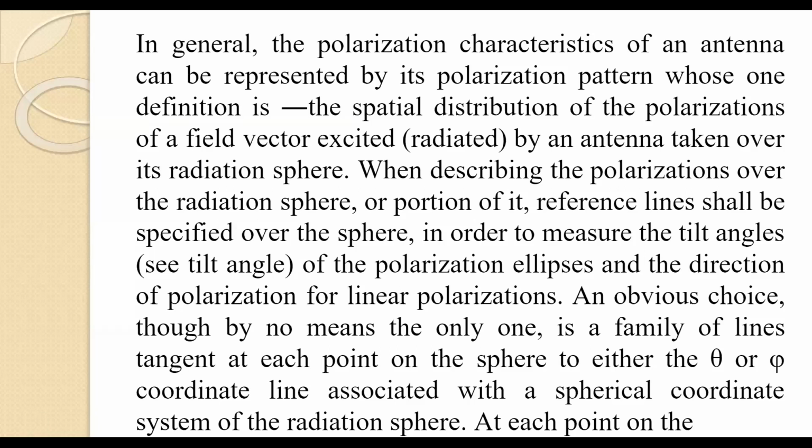So further, the undesired radiation from the antenna is called cross polarization. Cross polarization for linear polarized antennas is perpendicular to the intended radiation. So antennas are also called vertical or horizontal polarized antennas.